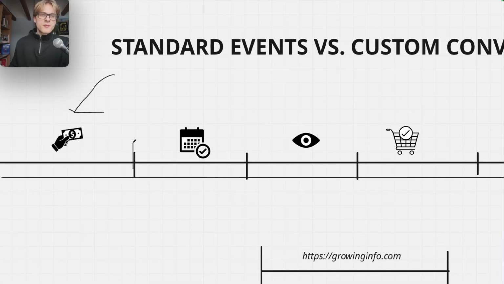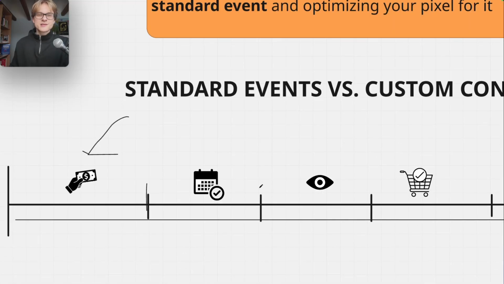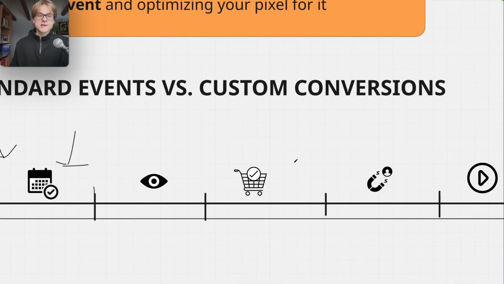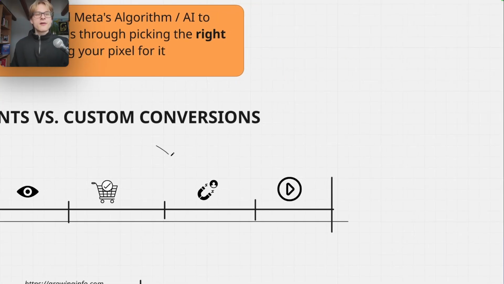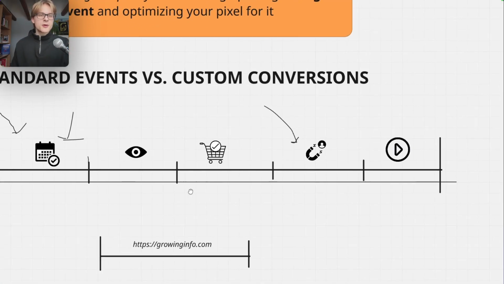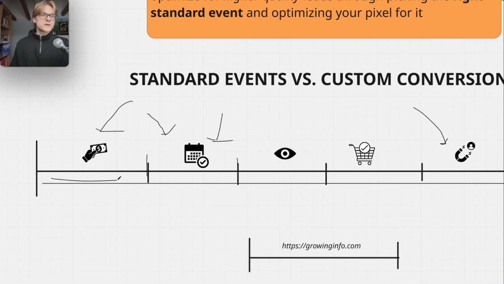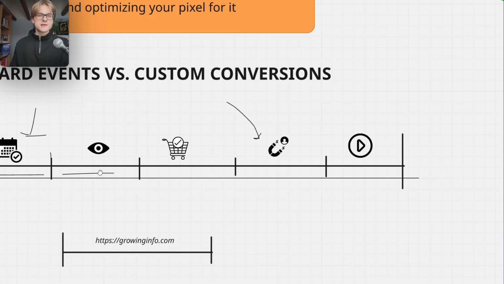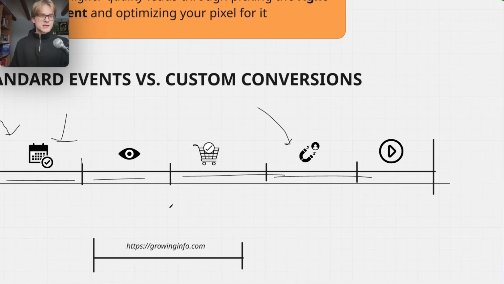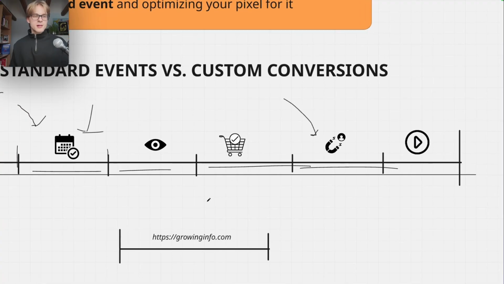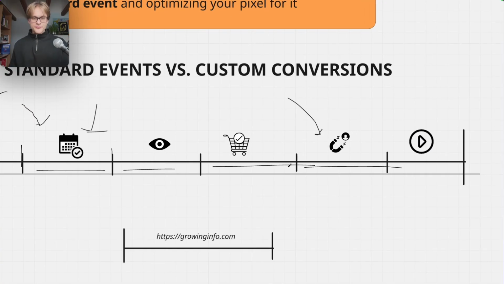Now, when I optimize for schedule, I only have access to this audience, because only these are people who have scheduled in the past and people who are similar to them. Everyone who's purchased isn't in my audience. Everyone who viewed something isn't in my audience. Everyone who added something to their cart isn't in my audience. Now, when I optimize for lead, I have access to this audience. When you think about it, these are hundreds of thousands of people, even millions of people in these audiences, right? And when I optimize for lead, I only get access to this audience. So basically, I'm excluding multiple millions of people through selecting the standard event.